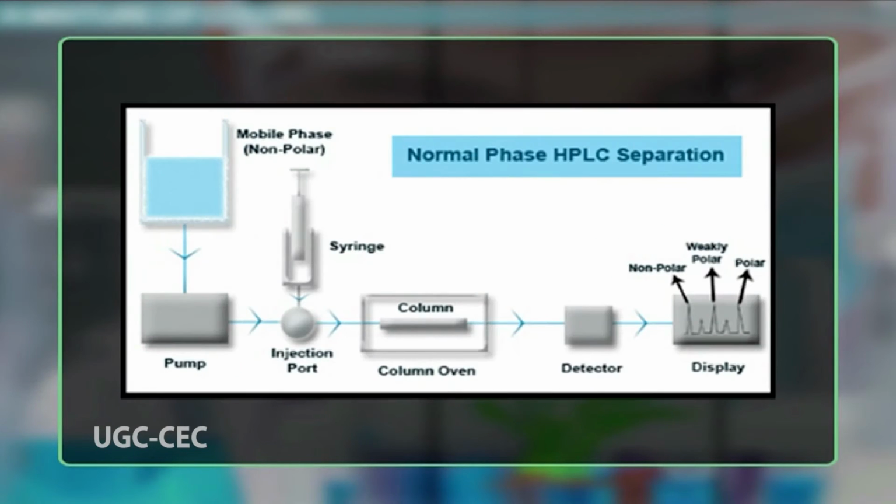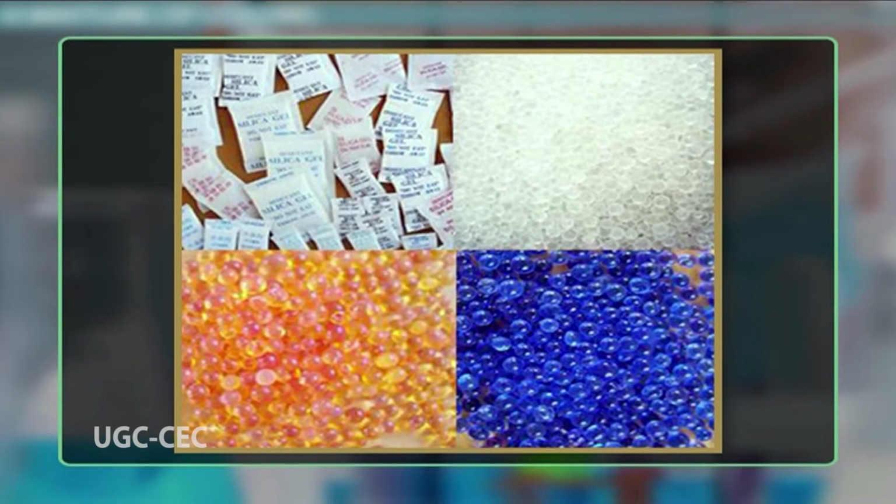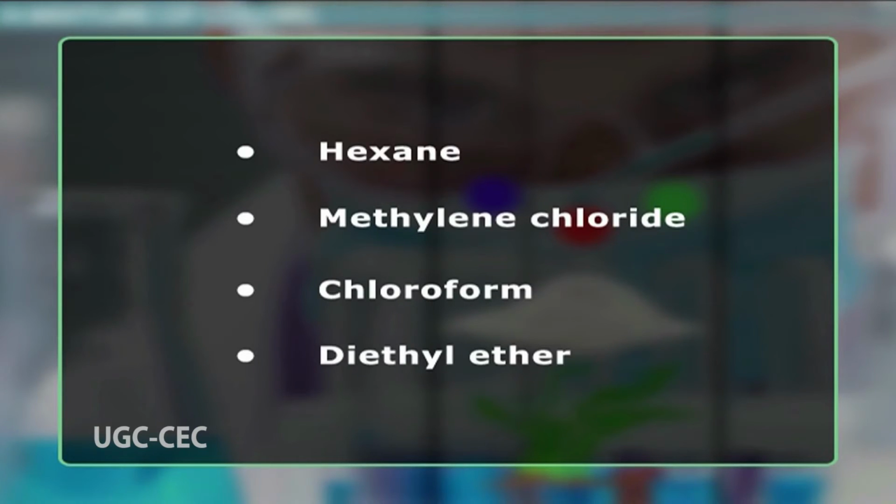Now let us discuss types of HPLC system in brief. These are the following variants of HPLC, depending upon the phase system, stationary, in the process. Number 1 is normal phase HPLC. This method separates analytes on the basis of polarity. Normal phase HPLC uses polar stationary phase and non-polar mobile phase. Therefore, the stationary phase is usually silica and typical mobile phases are hexane, methylene chloride, chloroform, diethyl ether and mixtures of these. Polar samples are thus retained on the polar surface of the column packing longer than less polar materials.